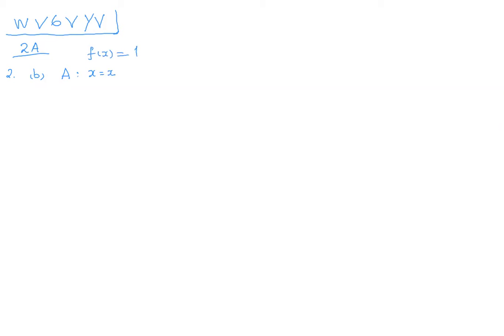1, which means that if you figure out, it will be a straight line parallel to the x-axis. The y is always equal to 1. That means when you use the first principle, you will get the answer as equal to 0. Am I right? Because the gradient of a horizontal straight line is 0. So when x equal to x, what is f(x)? Is 1. Okay. Point B, when x equal to x plus h, my f(x plus h),